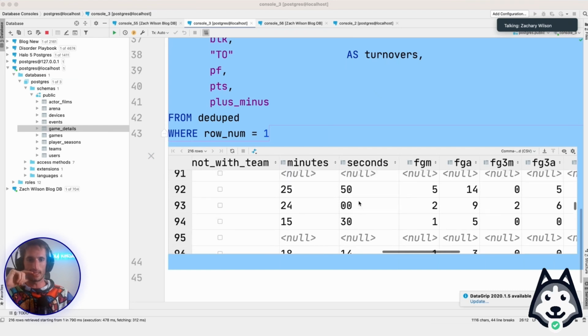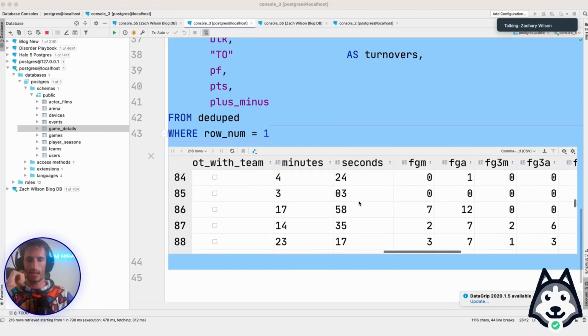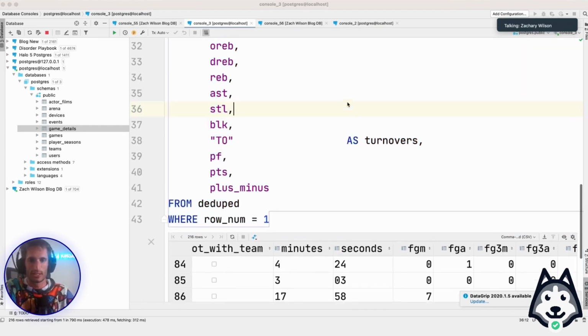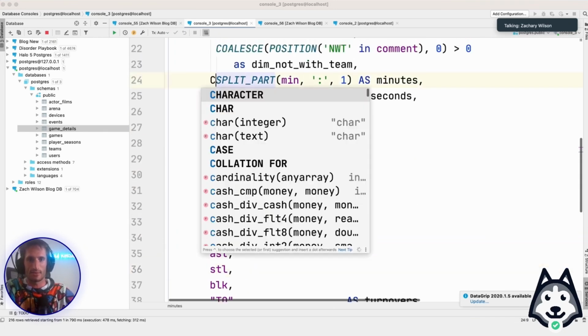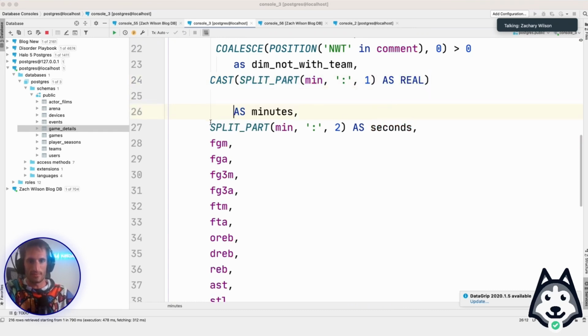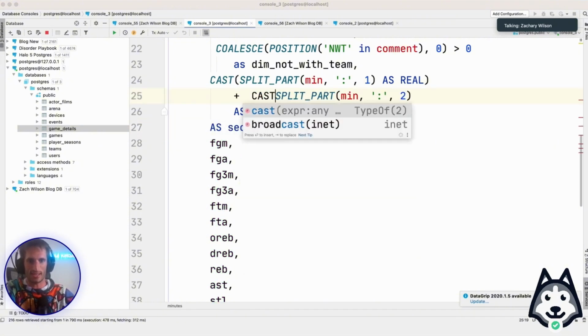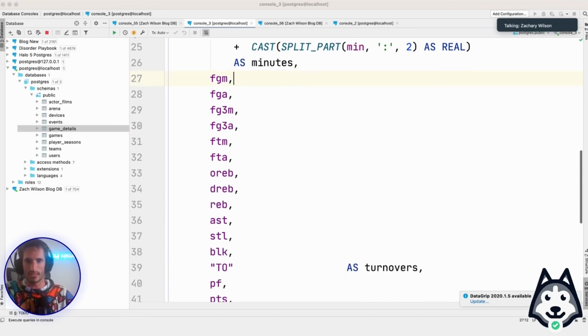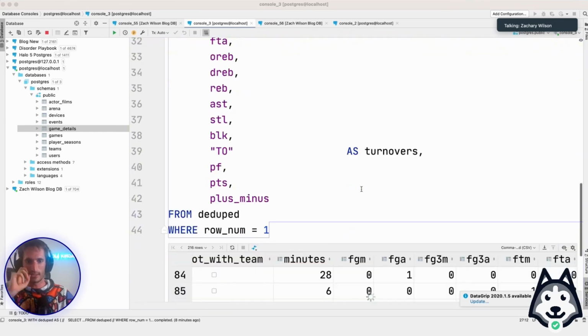I just like to use fractions. I don't think putting minutes and seconds like this is a great example of thinking about what the query pattern is that our analysts are going to be looking for. So in this case, what I would say is we can cast this as real, and then plus this. We can say cast as real, and then this is going to be minutes. I'll paste you guys this query in just a second, and I'll show you what this is going to do. So now,